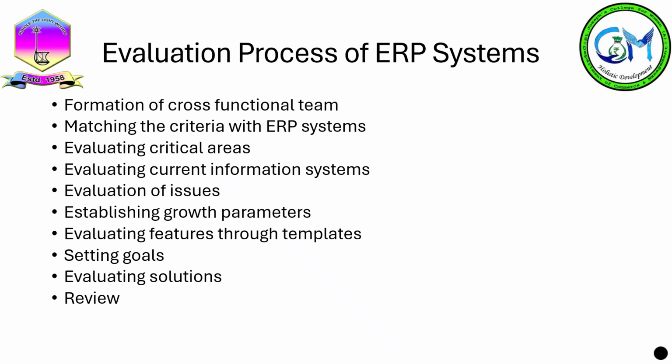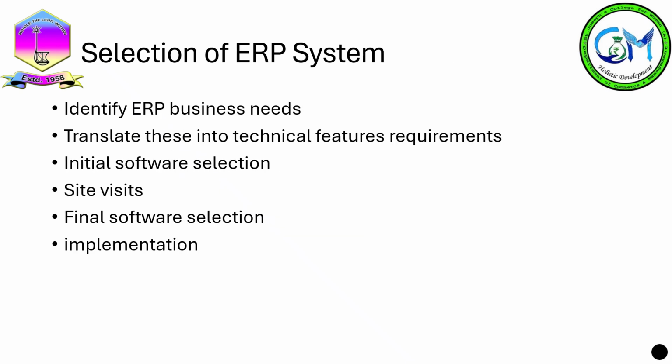The last step in the evaluation process of an ERP system is review. Reviewing the potential software products to see whether they fit the organization's environment or not, eliminating those packages that do not meet the specified needs and requirements, and creating a manageable list of vendors for the final review and check for the references. After the evaluation process of ERP systems, the next one is selection of a suitable ERP system for